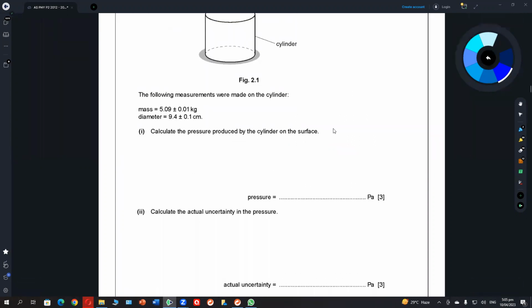The following measurements were made on the cylinder. Mass is given, diameter is given. Now, I know the formula of pressure. So he says calculate the pressure and calculate the uncertainty. Let's start with pressure, or better, start with area first. Area is pi d squared upon 4. Diameter is in centimeter, but he wants pressure in Pascal. So diameter is 9.4